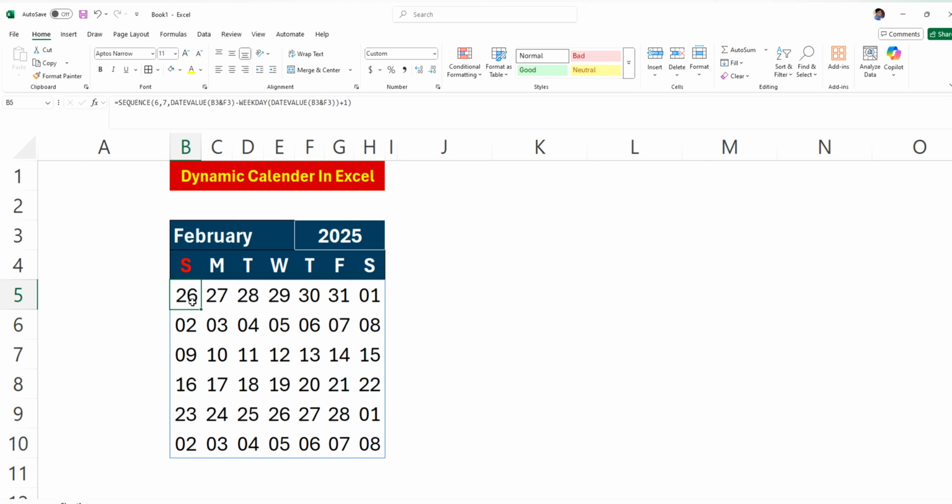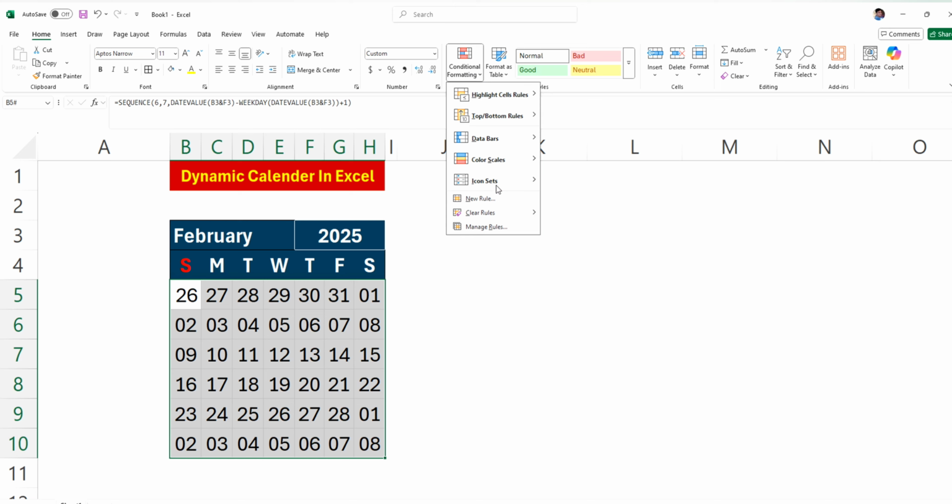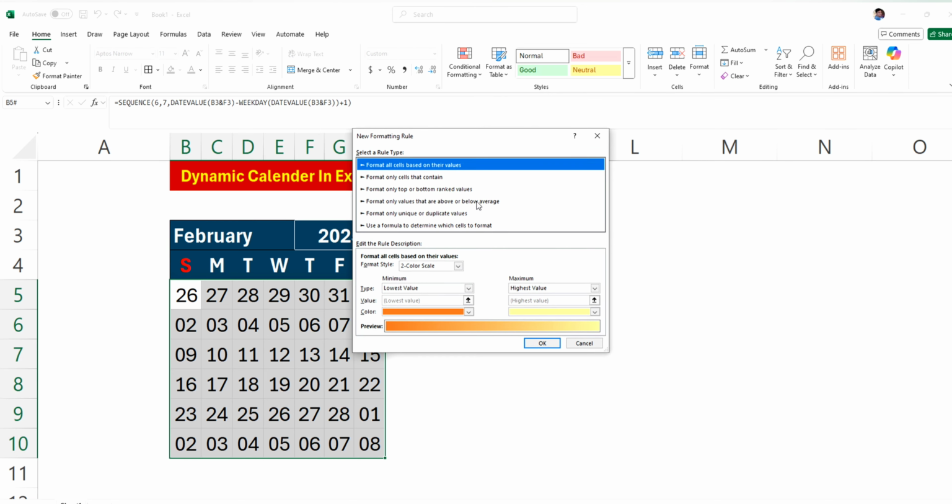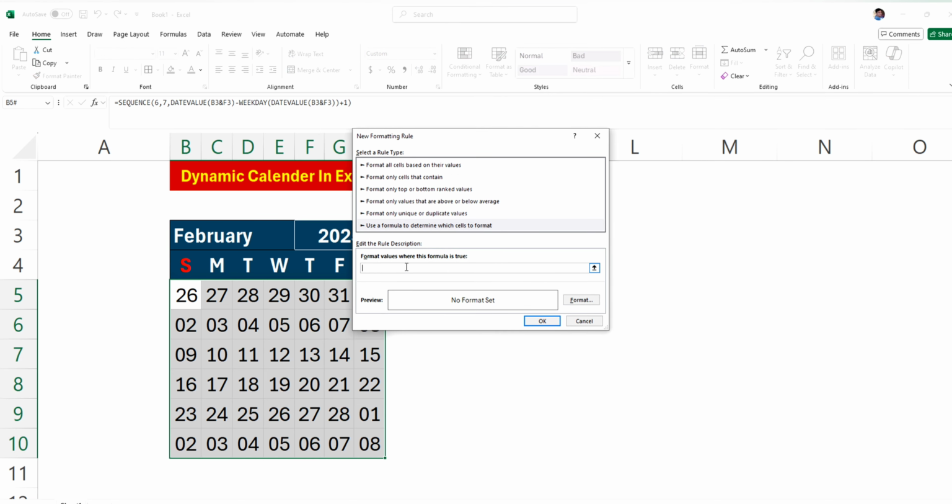As you can see, it's also displaying the dates of the previous month, which is January, a few dates of January, the current month and the next month. So what we will do is select the dates, and here in New Rule we will select the last option, and here we will type equal to